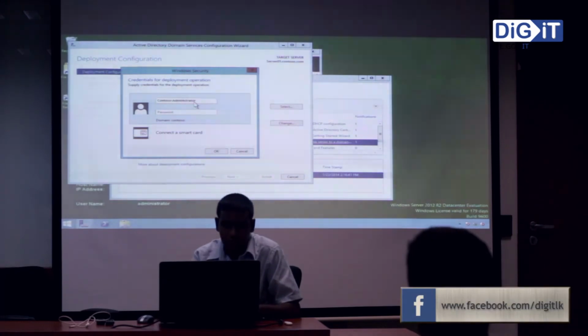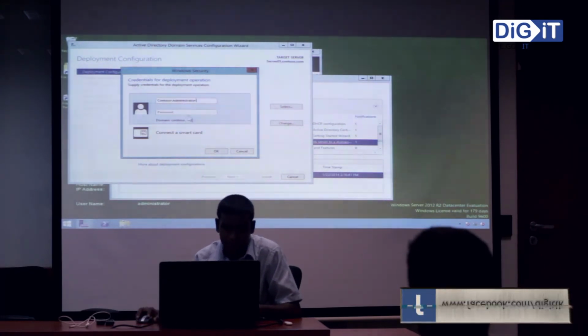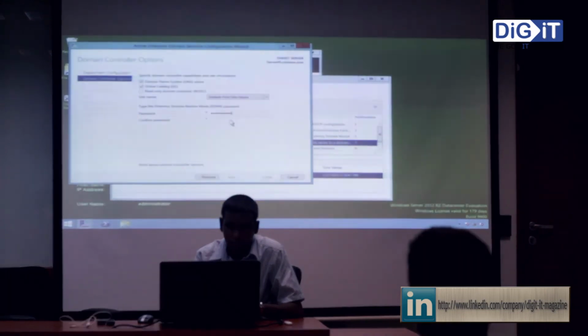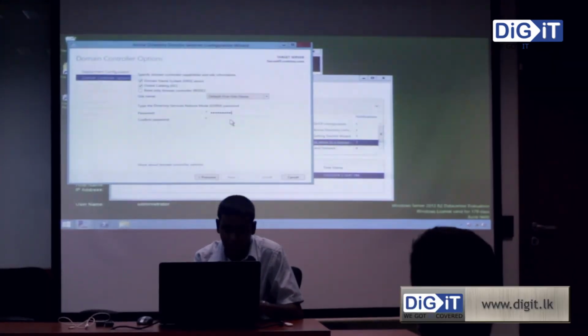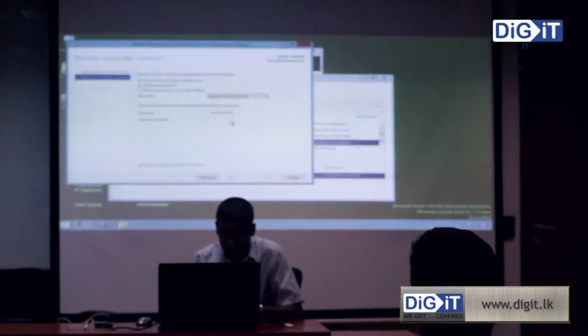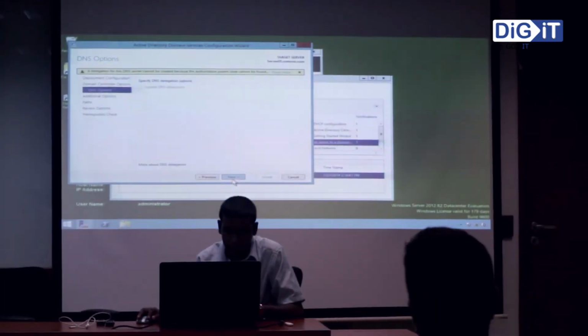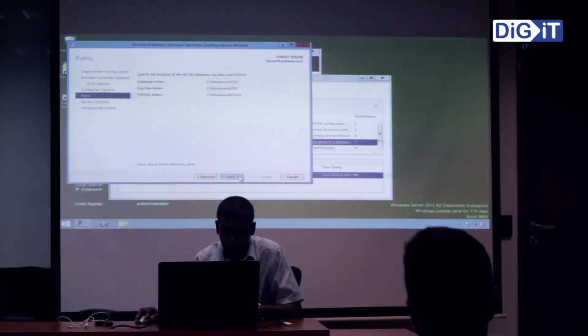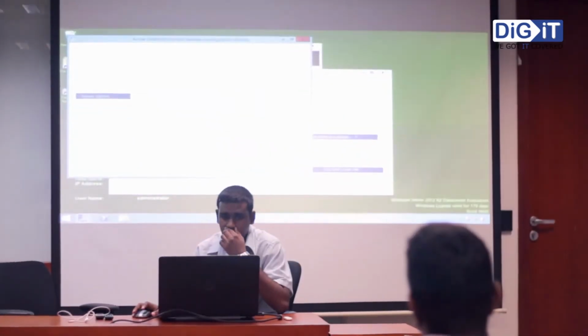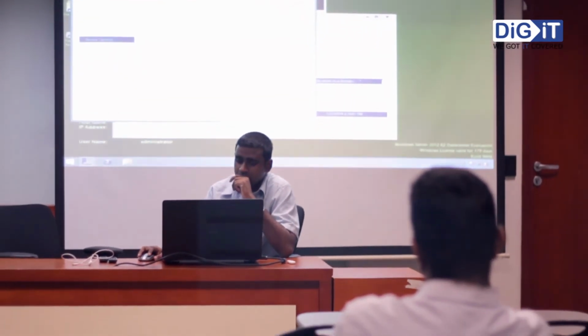I need to type in the credentials. Okay. And DSRM, Directory Services Restore Mode password if I want. And you can see something called view script.